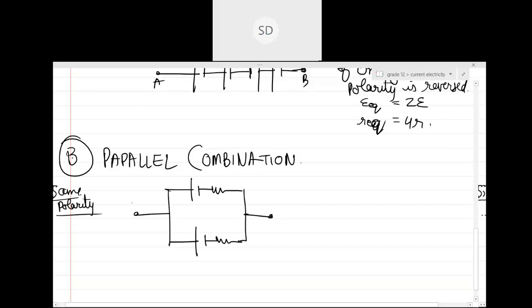Same polarity is basically seen with the help of what this battery is trying to do. Can you see the positive terminal of this battery is connected to point A, and the positive terminal of the other is also connected to point A? Yes. Whereas the negative terminal is towards point B, and here also the negative terminal is towards point B. So please remember, in case of parallel combination,